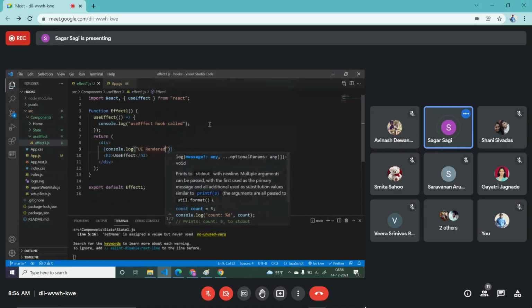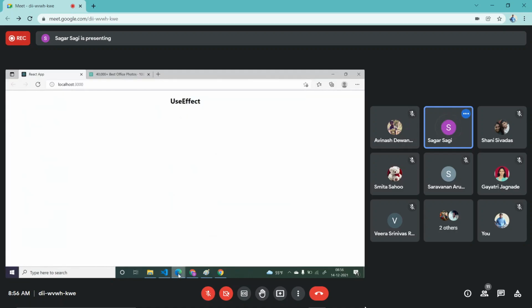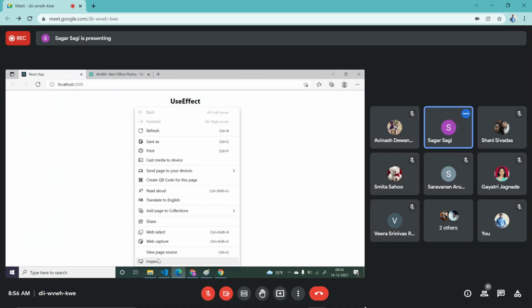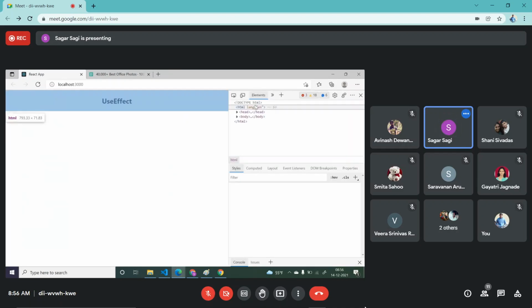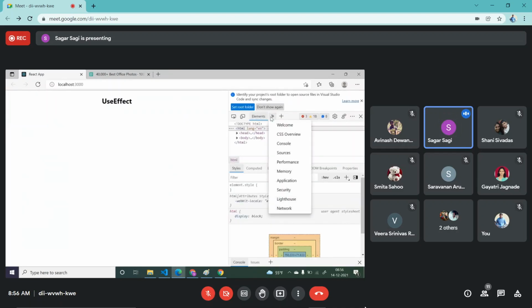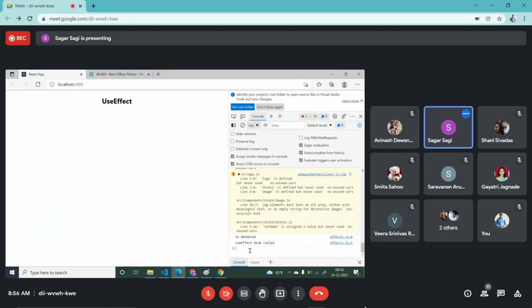Save it. Let's come here, right click, go to inspect, go to console. Now see, your UI rendered, then your useEffect hook is called.